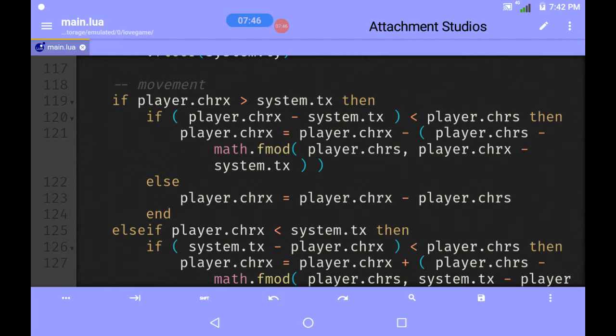Otherwise it will just continuously do the same glitch that I actually showed once, that up down up down up down multiple times.